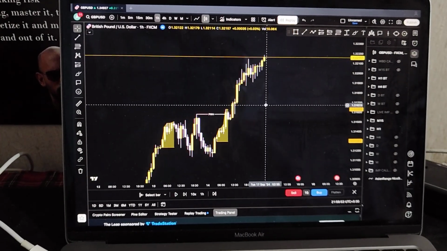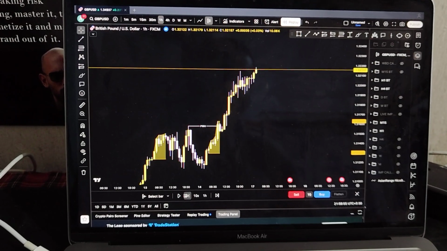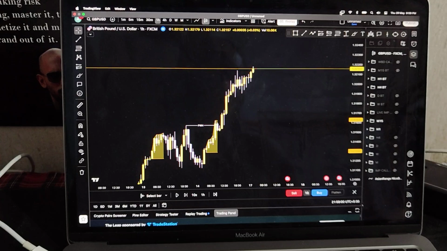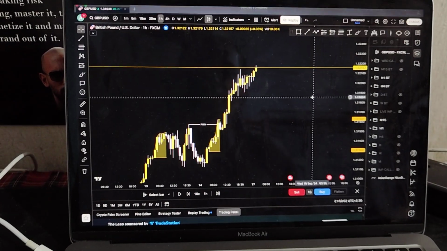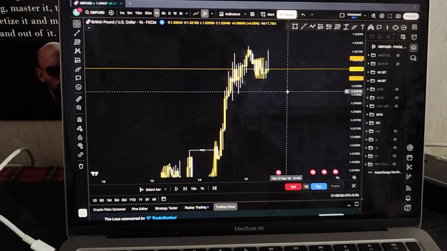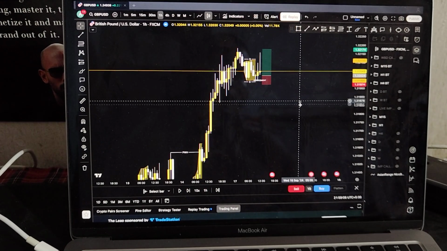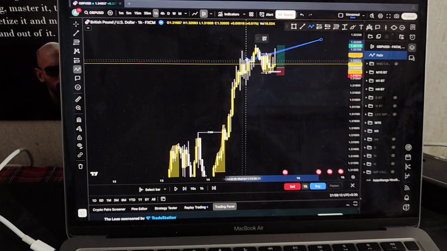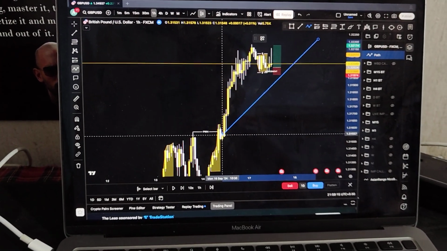So going on Tuesday now, I was looking for buys. Obviously my bias was clearly bullish, and on DXY I was looking for sells. So that is when I start looking for a buy opportunity. And if I'm looking for buys, I obviously wait for the Asian range to close, and after the Asian range close, I literally was looking for a demand zone. There was no clear demand zones, literally, right?